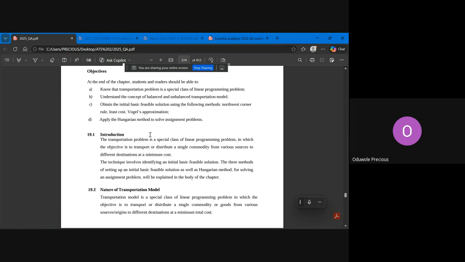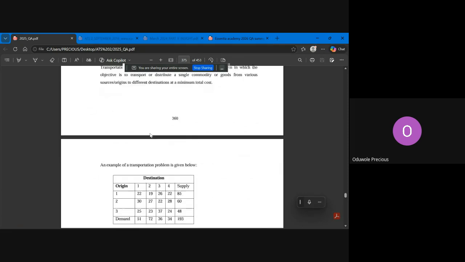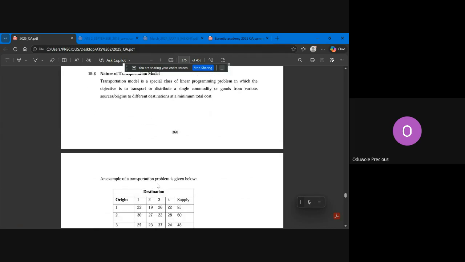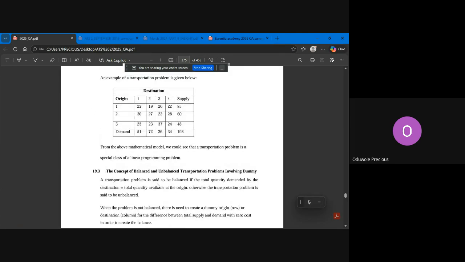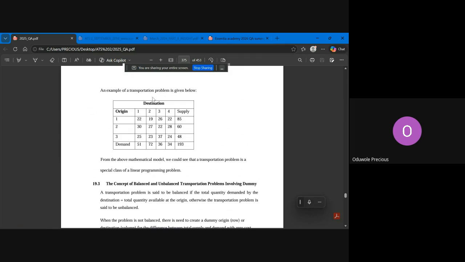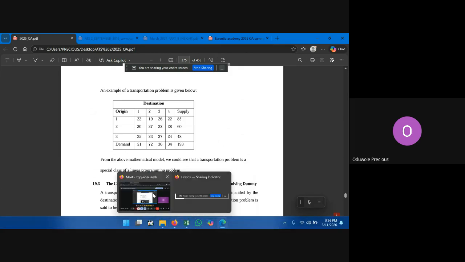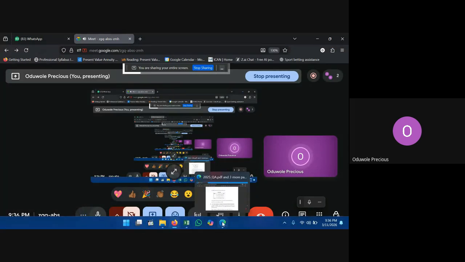So now, what is the nature of the transportation problem? I already said it's a special class of linear programming. I already described the reason why you are doing it. You are trying to meet your destination, which is your demand, at minimum cost. Then this is how a transportation problem will look like. Okay, so the transportation problem. Let me check, see recording. Okay, I'm still recording. So the transportation problem,